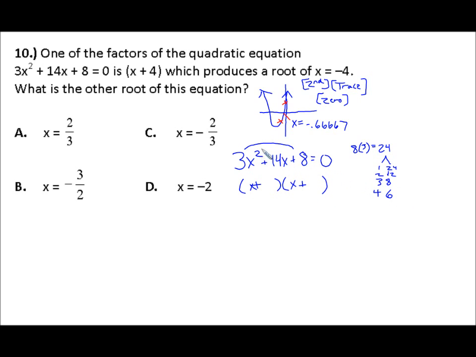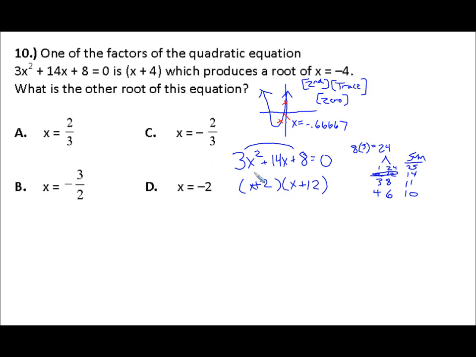Which of those numbers add to 14? So if you can make a list of the sums. This would be 25, that's too large. 12 and 2, well, we found it actually, that's 14. But just for the heck of it, 8 and 3 make 11, and this makes 10. So what we're looking for is these two factors, 2 and 12. We insert them here,